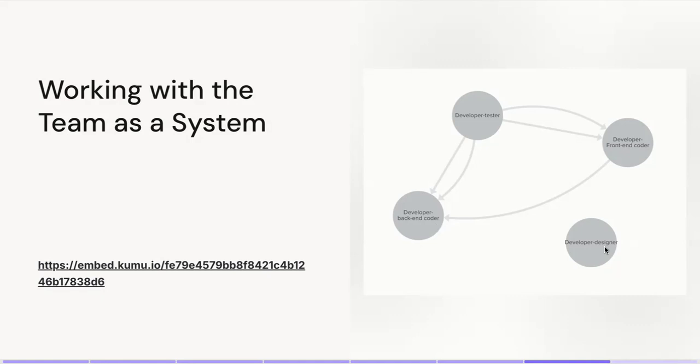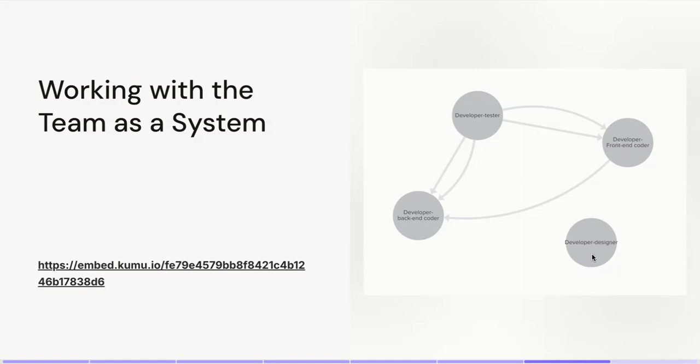So if you are working within a team and you start realizing that maybe one of the individuals within the team is a little bit isolated, applying system thinking here might be to try to see, okay, how is this individual connected to every other individual or every other group of individuals? Identify those connections, and you can enlist the help of the team to try to identify what type of value does a designer create when the front-end developer interacts with them.